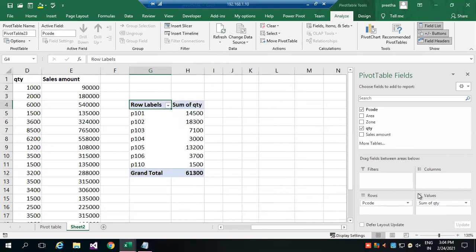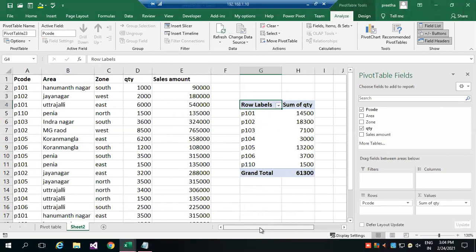You can see how simply we have organized the complex data. My first question was to find the total quantity sold for each product code. See how simply it is organized.